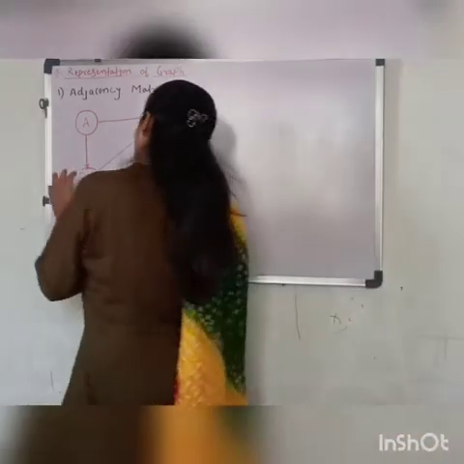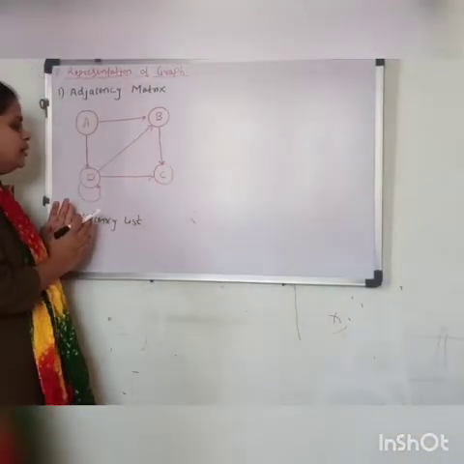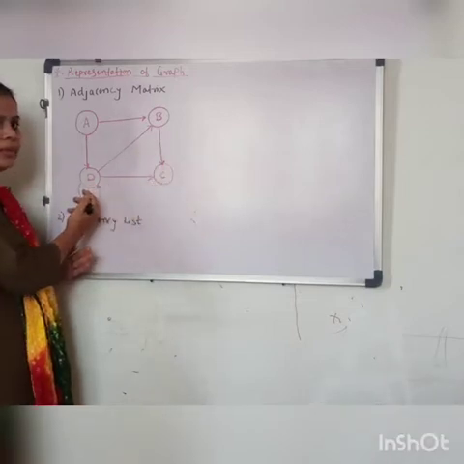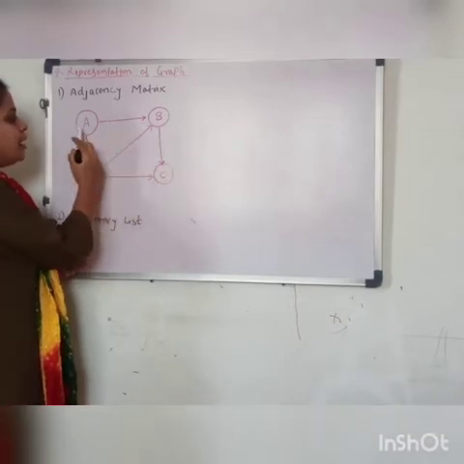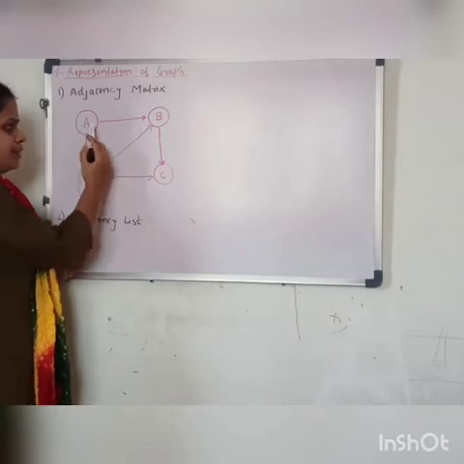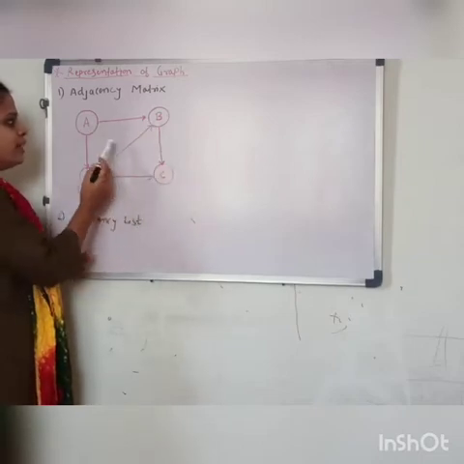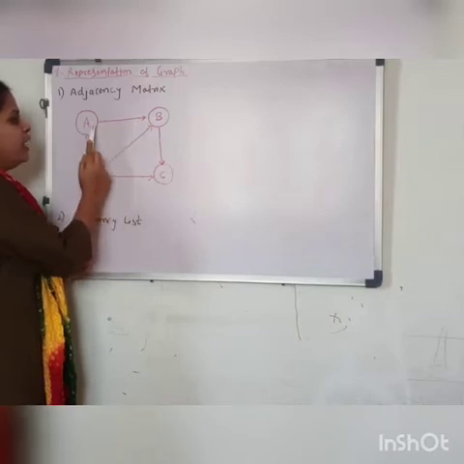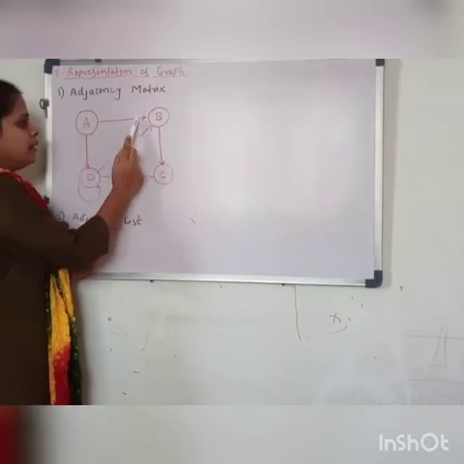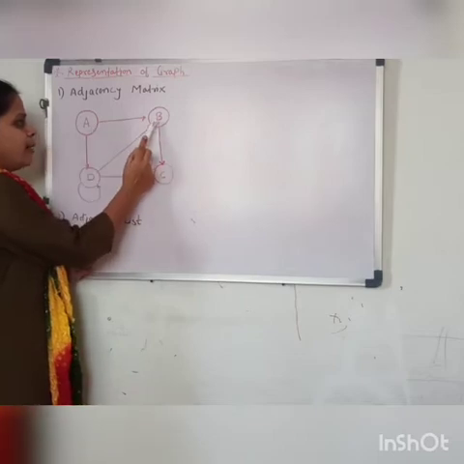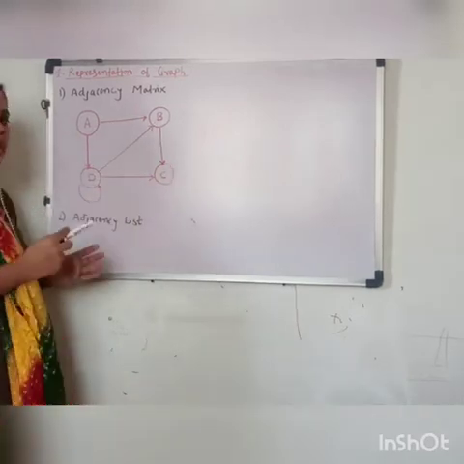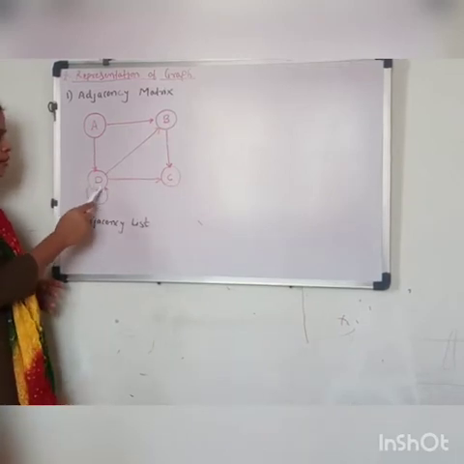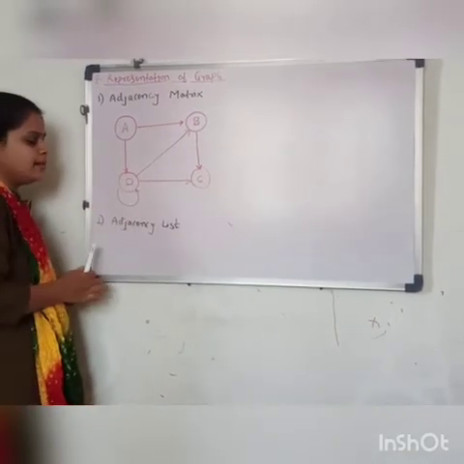Okay, so observe this graph. In this graph there are vertices A, B, C and D. These vertices are connected with the help of a set of edges. Now all the edges have a certain direction. For example, there is an edge from A to B, so there is a direction given on it, A to B. So all the edges have direction. D has a self loop here because the source and destination of this vertex are the same.